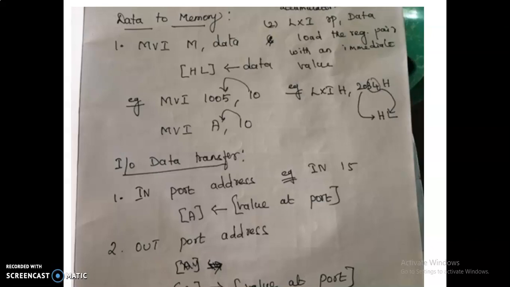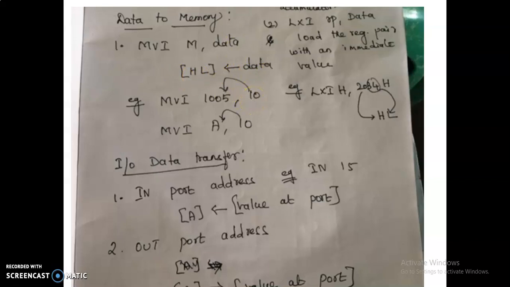And then another type is data to memory. Here the direct data is moved to memory or register. The data is directly moved to the memory or register. Those instructions are called move immediate instructions. In addressing modes, you have also seen MVI A, 10, which is called the immediate addressing mode. For data to memory, the syntax is MVI M, data. Here the data is moved to the memory location mentioned by the HL pair.